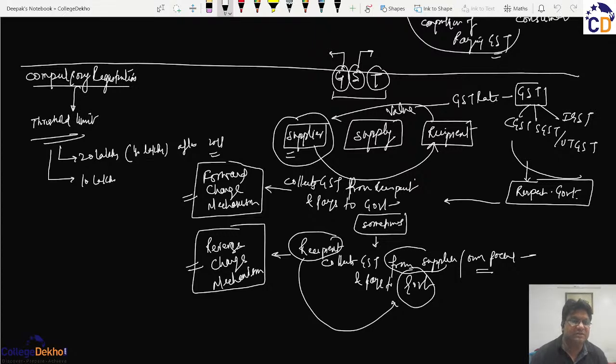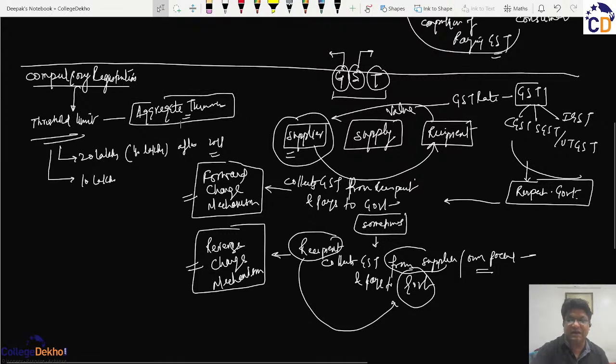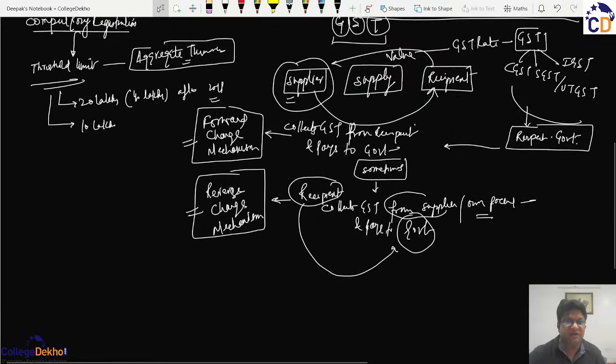But the point is that if the aggregate turnover, so before we discuss aggregate turnover, we should first understand the concept of the threshold limit, and then we will come to this word aggregate turnover. So the logic by default says that if there is a dealer, commonly known as the supplier,